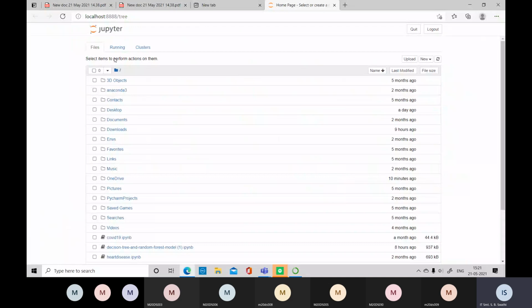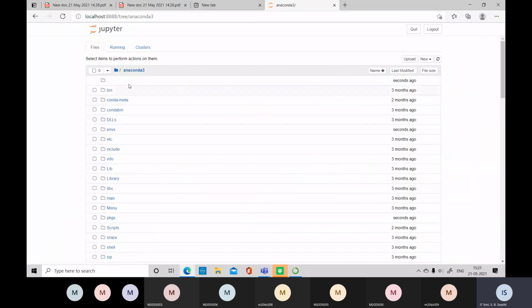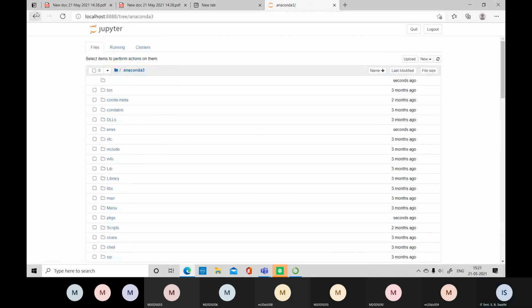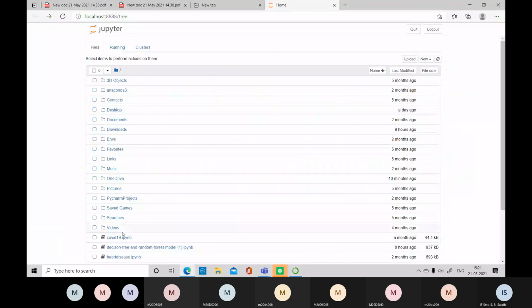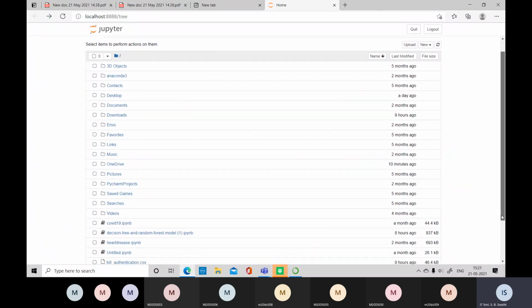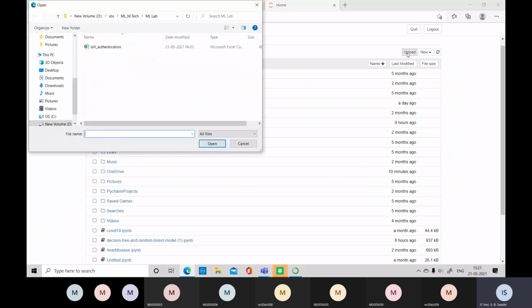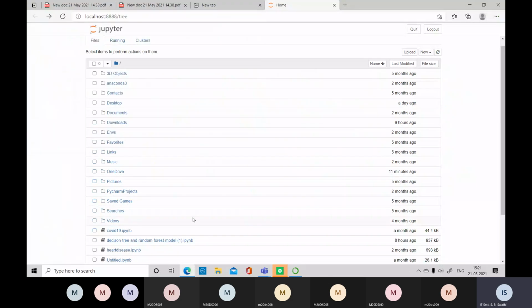Here we have all these options. All these are already inbuilt files which we have under Anaconda. Up to videos, these are all inbuilt. Afterwards, the files you are seeing are all the uploaded files. You can upload different types of input data sets, whatever you are taking, Excel files, you can upload that. Just click here, upload. It will ask you to show the location, select the location, and the file will be uploaded here.